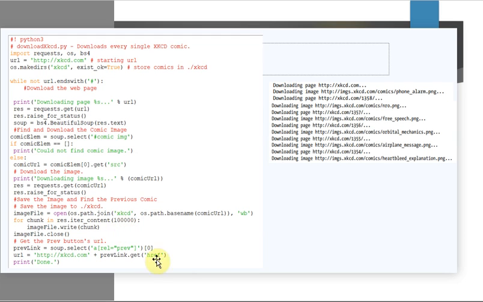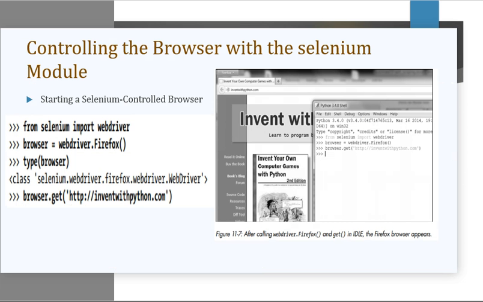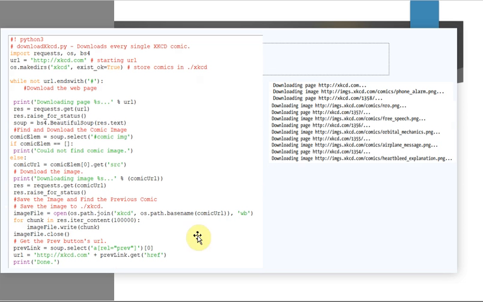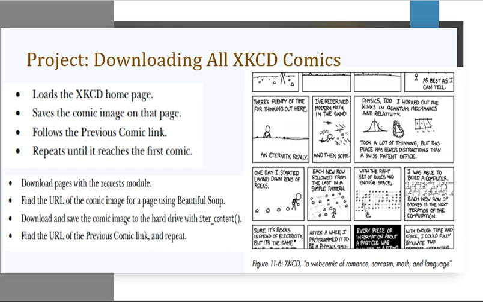And the last part is equivalent to you pressing the previous button. So you're going to get the link of the previous post, and once again the process is repeated. This process is repeated until you reach the first post of your site. Okay, so this is the program for downloading all XKCD comics.